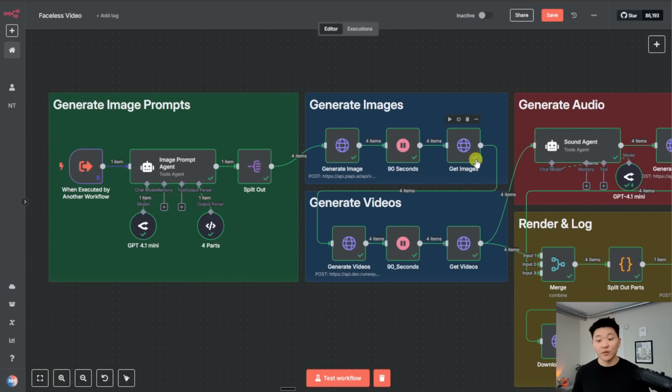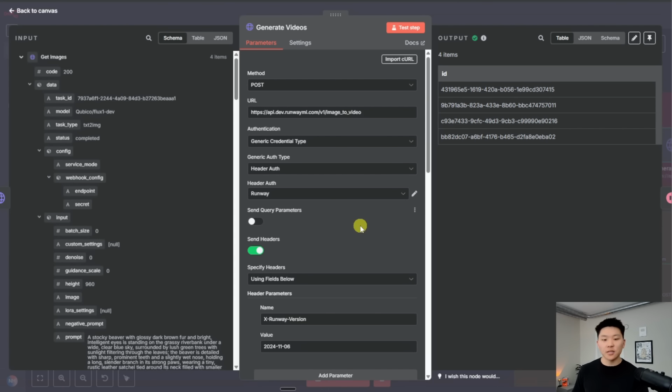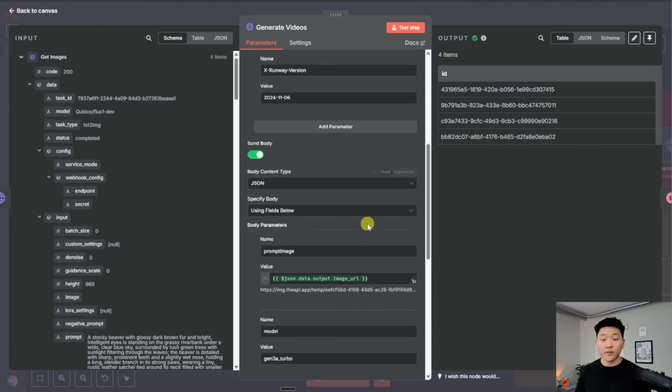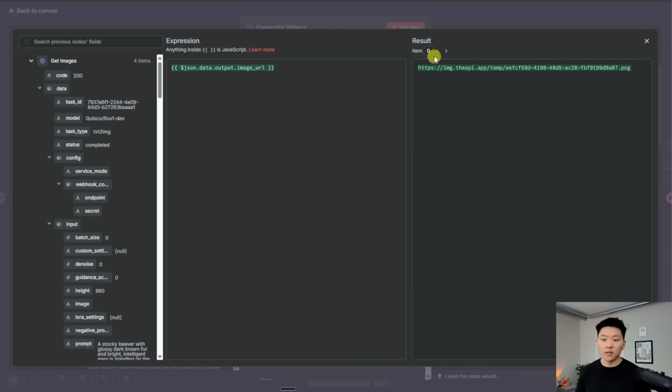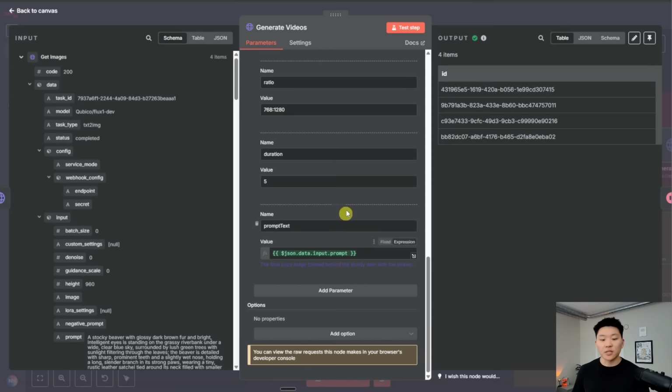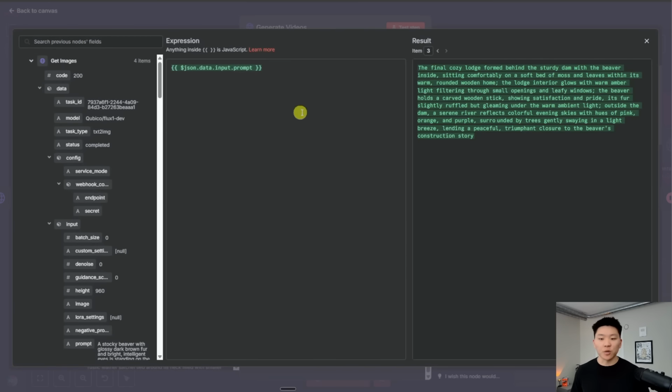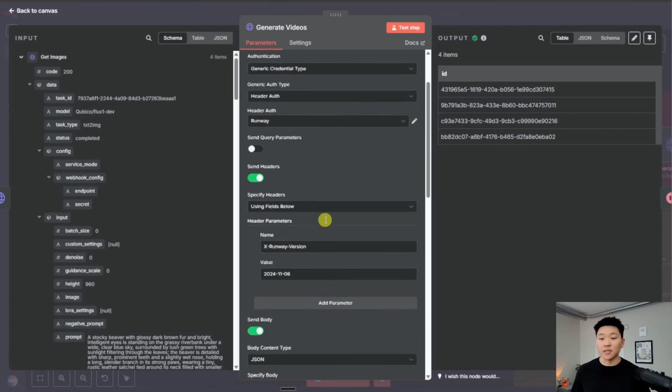Anyways, from there, we have those images and they come through as URLs, and then we're hitting Runway to turn those URL images into videos. So what we're passing over here in the body request is the prompt image, and as you can see, we're sending over the URL, and there's going to be 4 different URLs. And then we're sending over prompt text, which helps the model turn the images into a video. And this prompt text is the same one that we used in the text image generation, and now we're just using it again for the image to video generation, because obviously this kind of has a little story involved. Anyways, what this one does is it spits out 4 IDs,